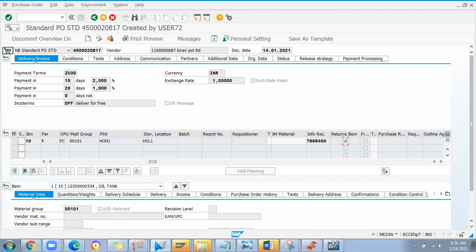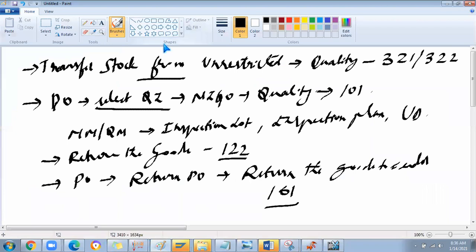I hope you guys are clear about the process which I handled. A few things I am not able to handle, like how to do the UD for the inspection lot which is still open, and how to move the stock from quality inspection to blocked stock. That movement type I'm not able to recall. If you guys come across some information through your connections or maybe your colleagues, please update me, or else I have to research, I have to go and analyze it, right? I have to find out. It will take more time.